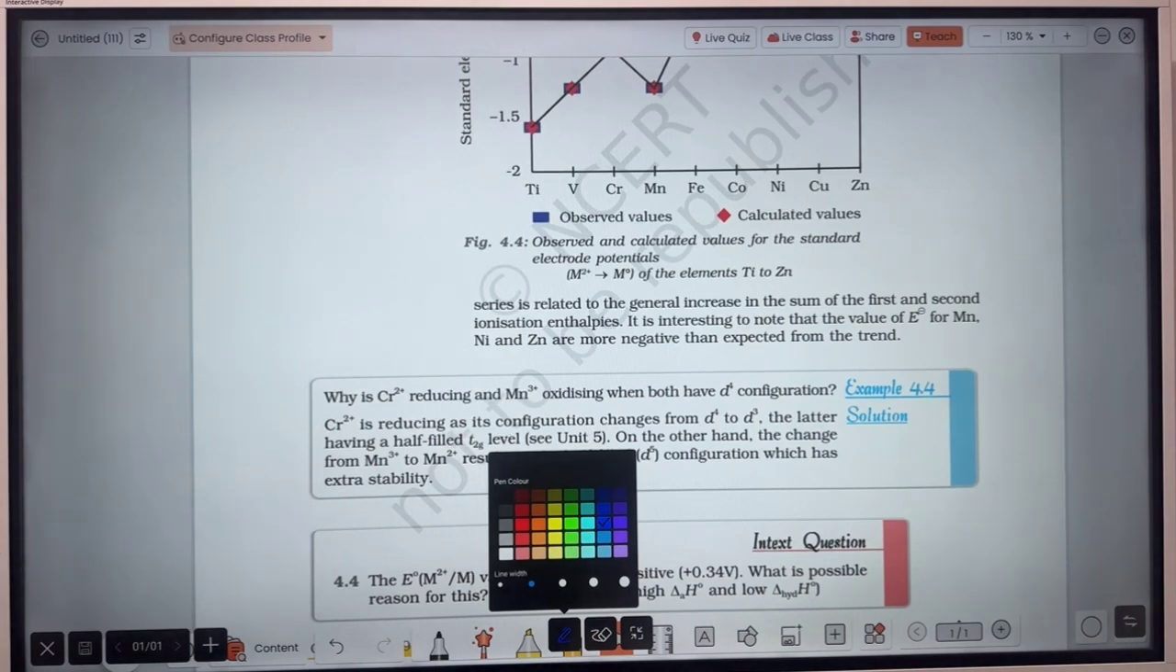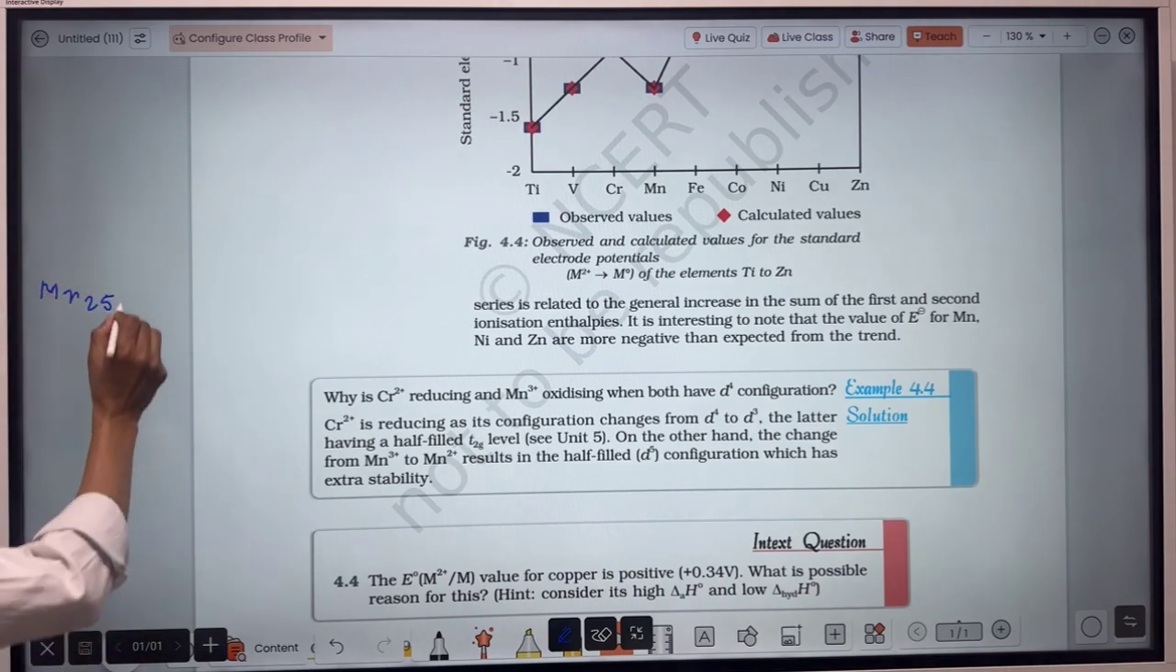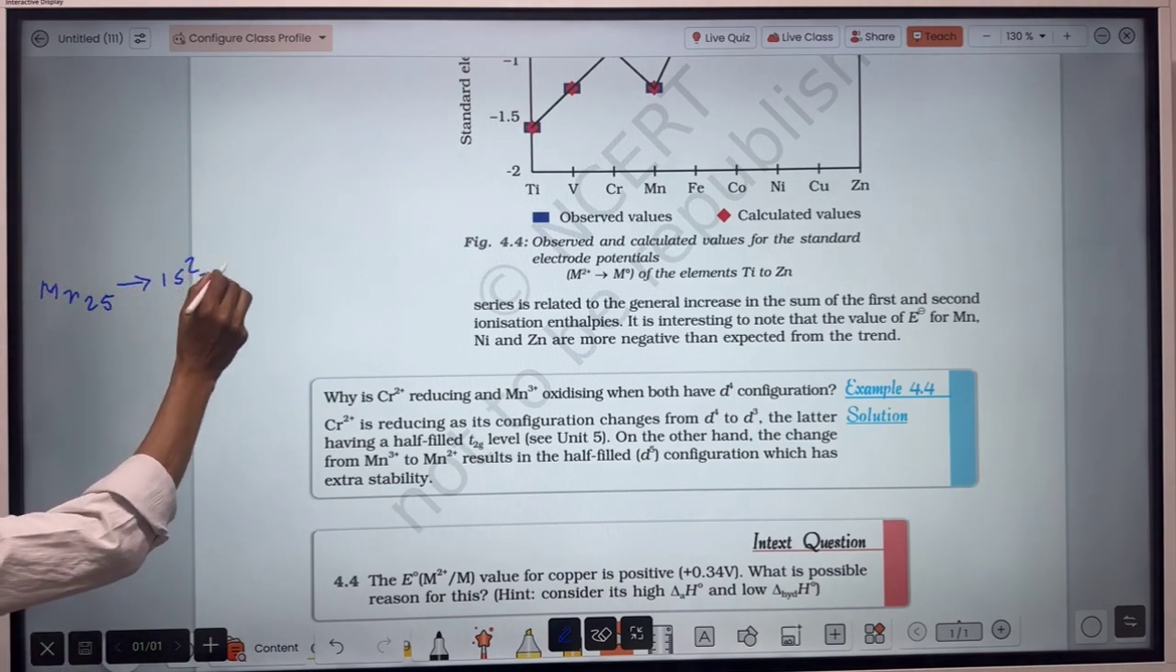Let's see manganese. For the electronic configuration, manganese in +3 oxidation state you will have to consider. So for manganese, write the electronic configuration. The atomic number of manganese is 25. So the electronic configuration will be